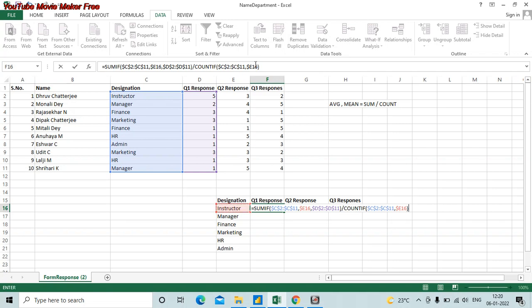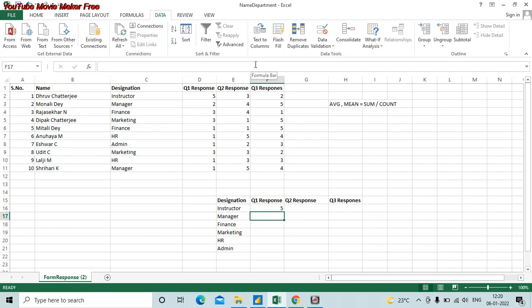Okay, and do this. Now here you see that instructor has only one row here, so you will get the average Q1, Q2 and Q3 response exactly equal to 5, 3 and 2, right?